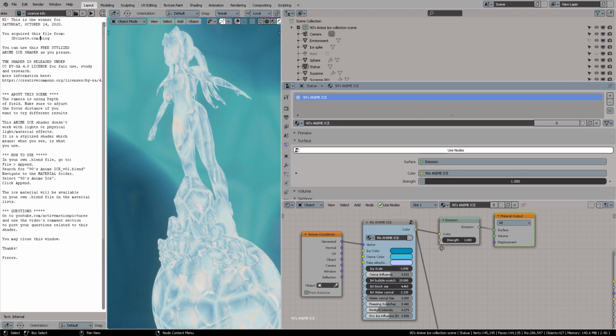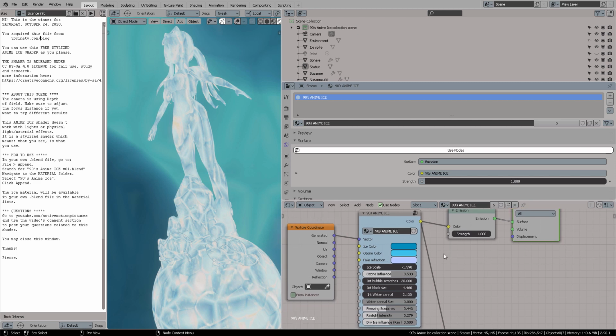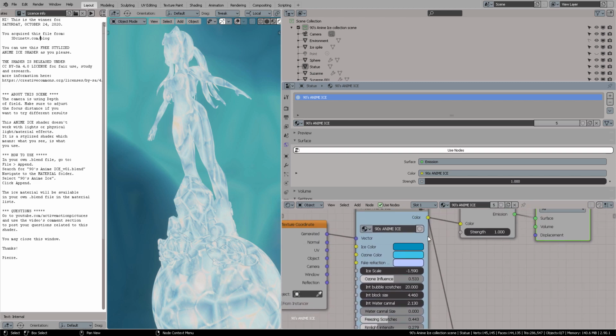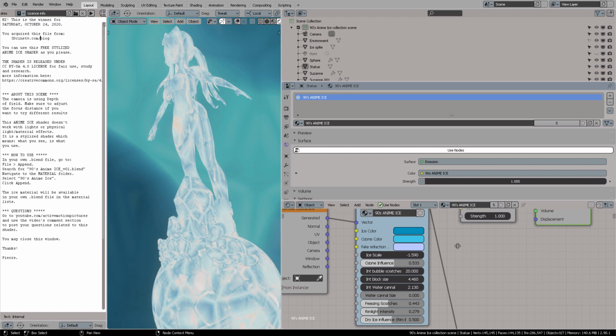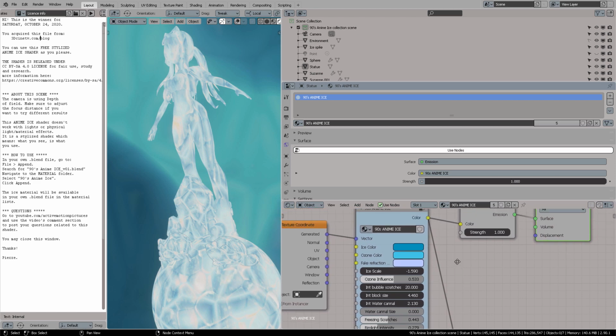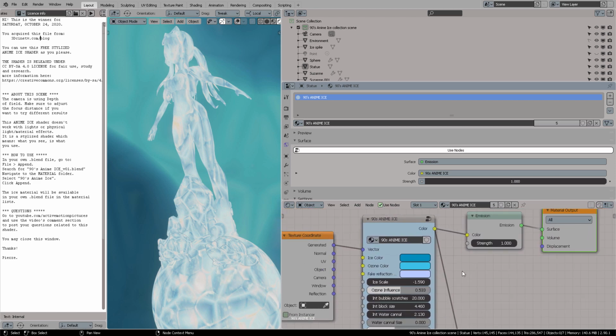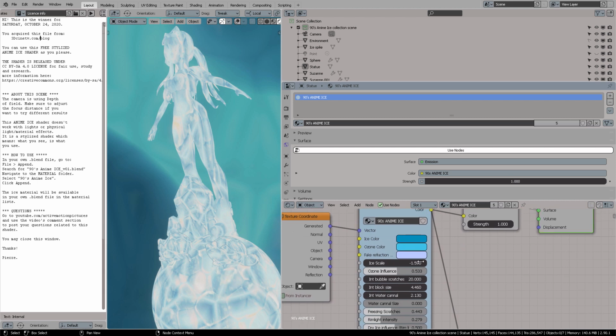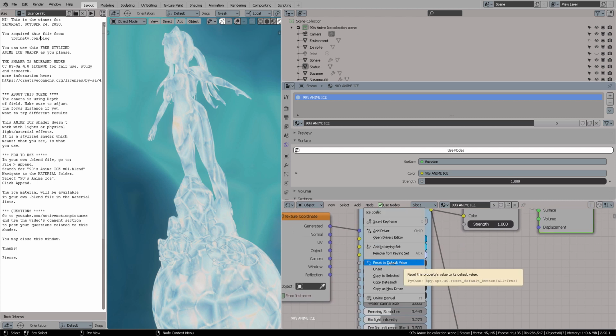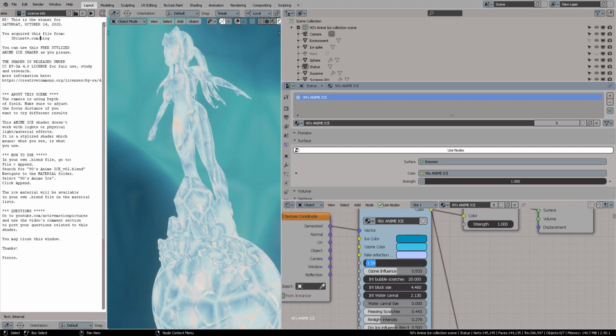If you're interested in how this works, it's very simple. All of the parameter colors are right here. You can manipulate them, and the only thing that I cannot figure out yet, maybe because of some recent update on Blender, is that if you right click on any of these values and then click on reset value, for example,